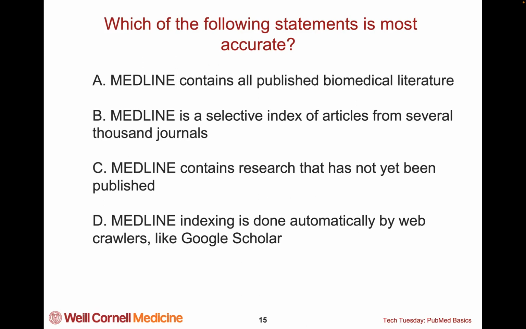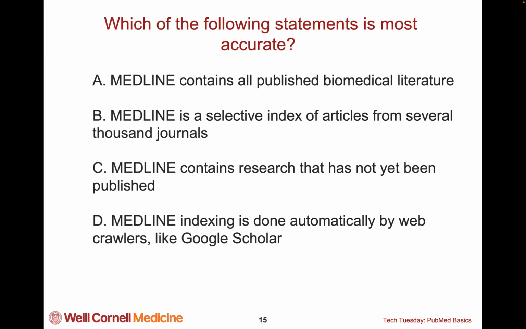So the vast majority is right. Medline contains a lot of published biomedical literature, but it doesn't contain all of it. There's no database that exists that contains all published biomedical literature. So if you're trying to identify all literature on a topic, for example, when you're doing a systematic review, you actually have to search multiple databases. And then the other thing is Medline indexing is not done by web crawlers the way it's done in Google